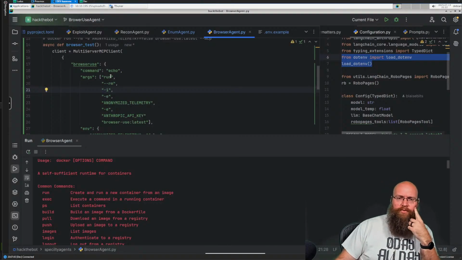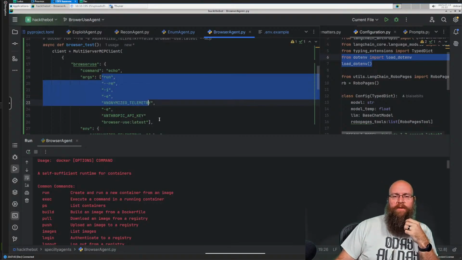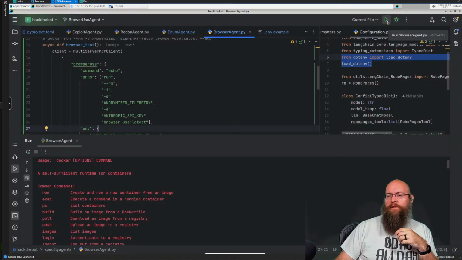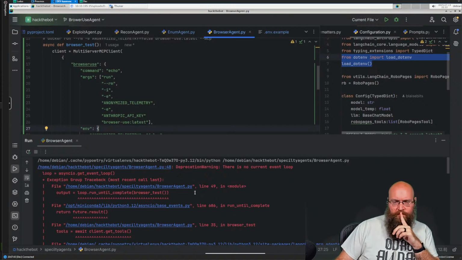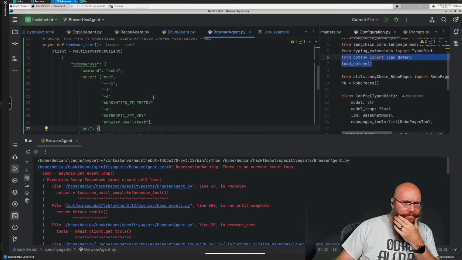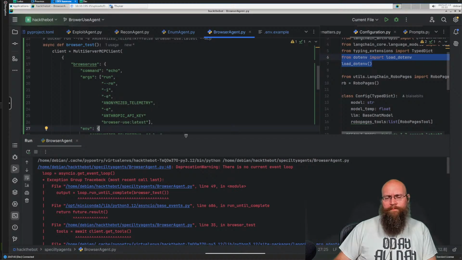So I'm going to have it just run echo and then I'm going to see what the heck it's passing through here. Well, that would have been nice if it had actually done it. Dang it, I forgot. Because it's only going to return what comes back in standard error. Dang it.